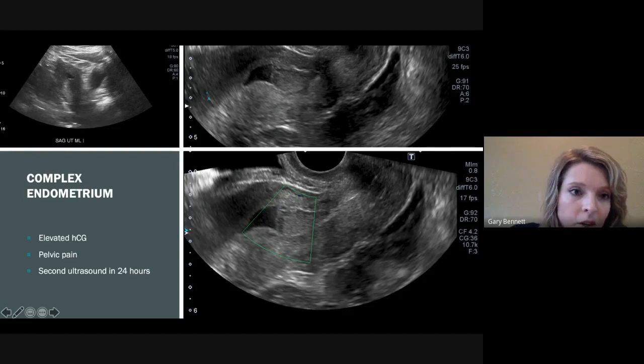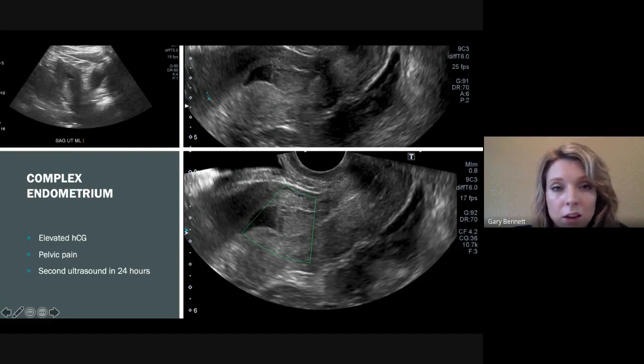this image here, so this patient was a little bit larger of a patient, kind of hard to really get some good imaging. Bladder is really empty, so that's not going to help you out there. If you don't have the ability to do an internal, you could, of course, fill this bladder up, push that fundus down, and then we're going to see this area a lot more clearly. It almost looks like we have a double decidual reaction, at least on that more distant part of the gestational sac. Again, this is just the transabdominal imaging,